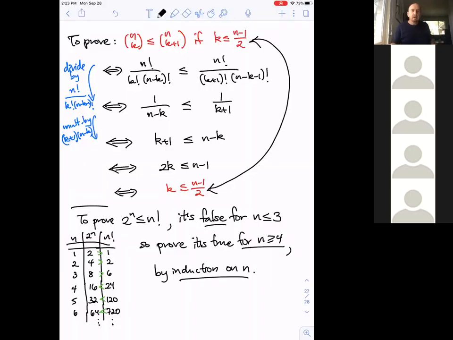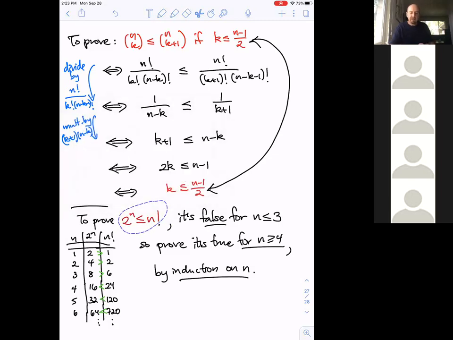Okay, so what we're about to do is check that for n greater than or equal to 4, 2 to the n is less than or equal to n factorial. And we're going to do it by induction. And so let's